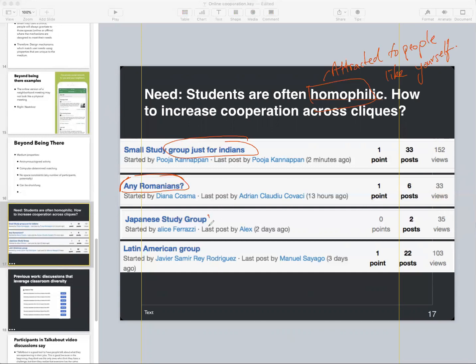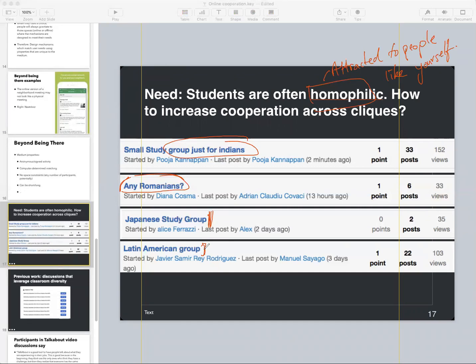There's also other kinds of affinity groups or homophilic groups by language, for instance, or by culture, like for Latin America. As you might remember from our jigsaw exercise, it is better to have people talk to folks who are unlike themselves, such that they can develop some empathy,